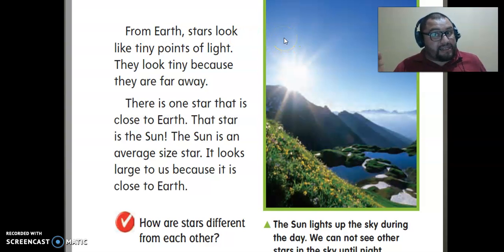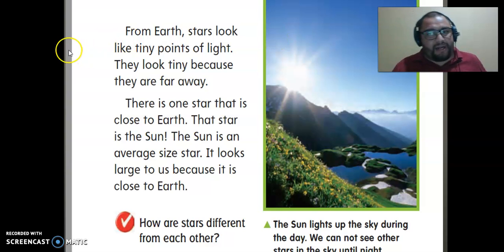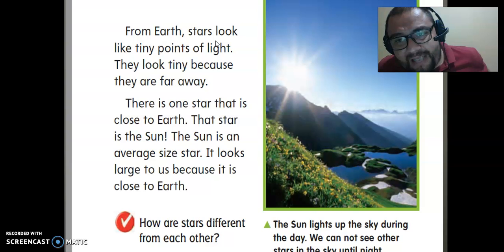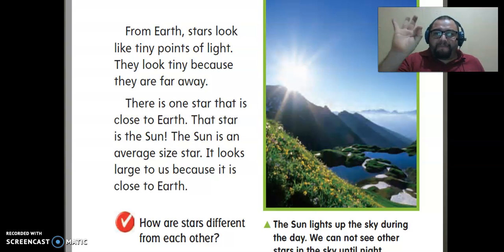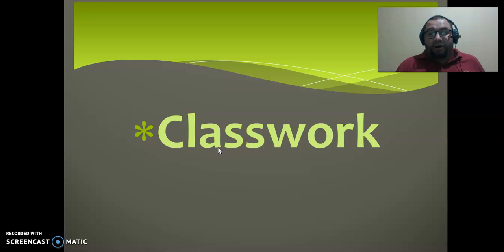The star is not the same as the moon. The moon is the moon. Stars, stars. Don't confuse them. Okay, from here, stars look like tiny points of light. Yes, it's true. At night, if you see the sky, we can see different points of light, and we call them stars. Look, in conclusion, we have the most important phases of the moon, and the names are the new moon, the crescent,